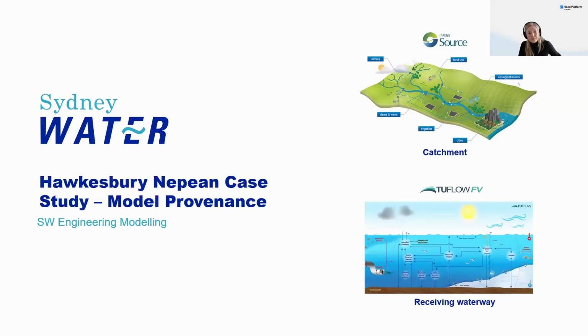And the last one here is from Sydney Water, and I only learnt about this last week, and it's become my favourite example actually, because I think it's just so robust, and it's something I've never seen before in managing flood models. It was a model management system. They call it the model Provenance system for a single project. And some of the reasons why they developed this system for a single project in Sydney Water is it was a model that covered the entire Hawkesbury Nepean catchment area. And it included lots of different components, including water quality.